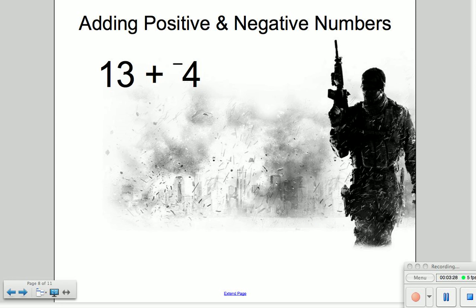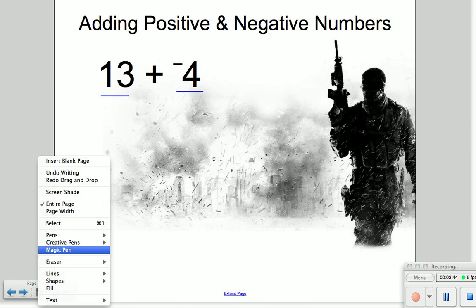Let's try another problem first and foremost. Okay, so we have 13 and then we have -4. So we have 13 soldiers from the positive side, and then we have 4 soldiers from the negative side. What do you think is going to happen? They're going to get together, and then all the soldiers are going to kill each other off until there's only